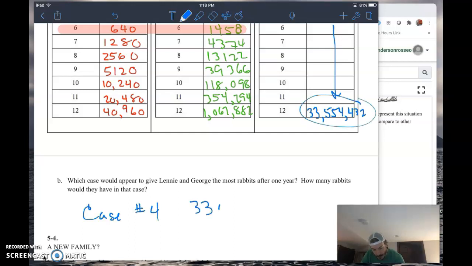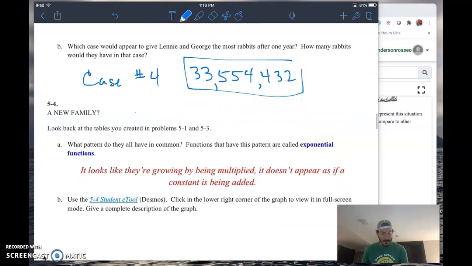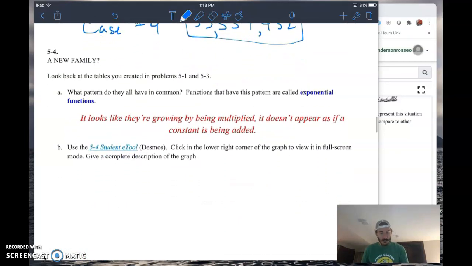The table method gives me a superior method for doing the math, showing my work, and then also, as we're about to see in a second, the opportunity to do the graphing here. So that's pretty important. But Lenny and George may want to make some considerations here. Do they have the ability to care for 33 million rabbits? Is that a thing for them? I don't know, right? Okay, let's go ahead and keep on keeping on, because question number 4 ties into this,